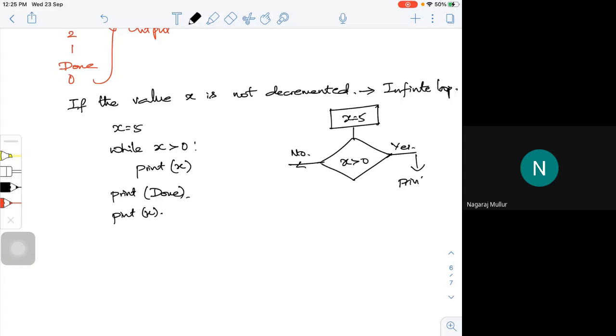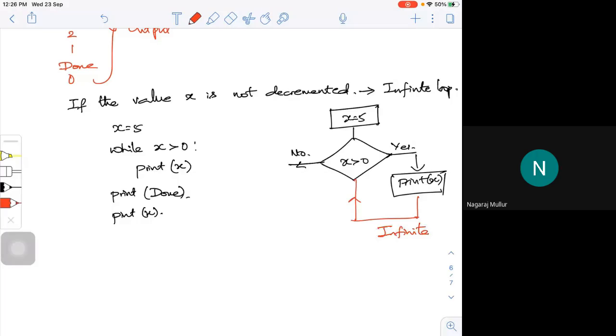Print x, and it keeps doing the same thing repeatedly. This will go here, this will go here. So this will be continuous, this will be infinite. That particular loop will keep running and will never come out of this while loop.